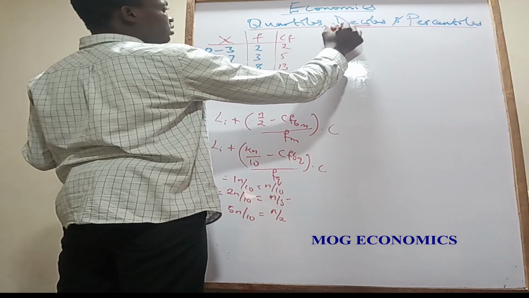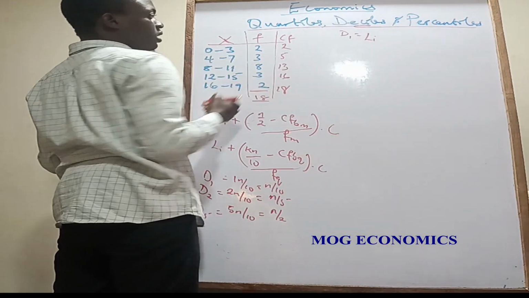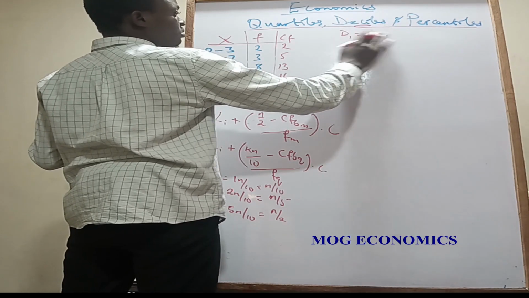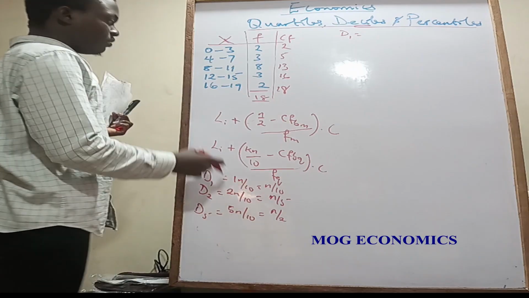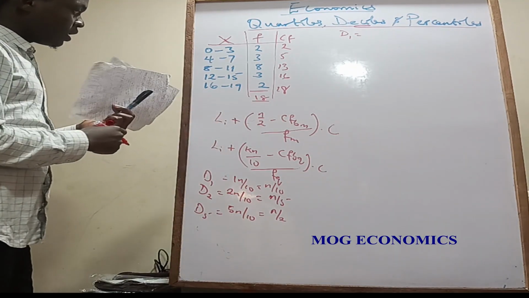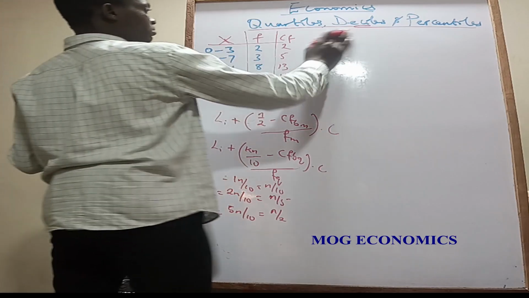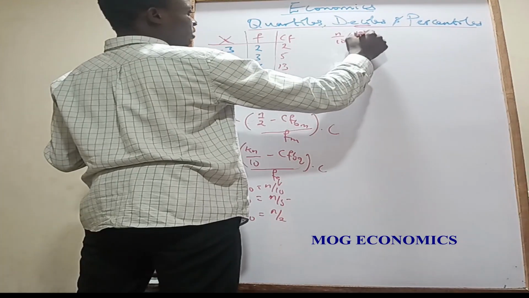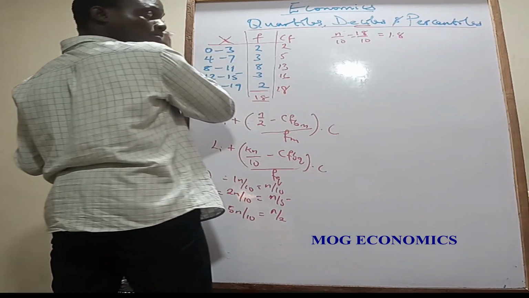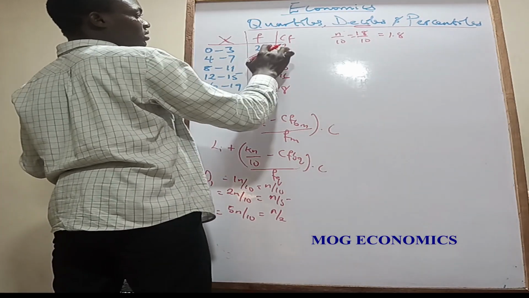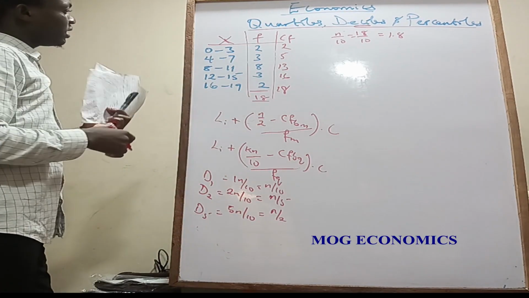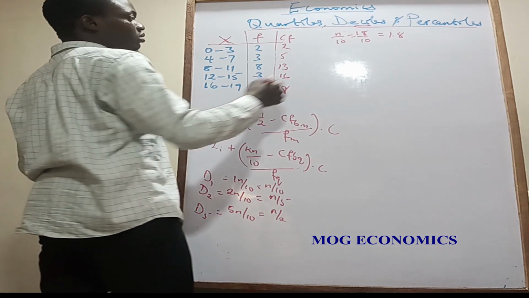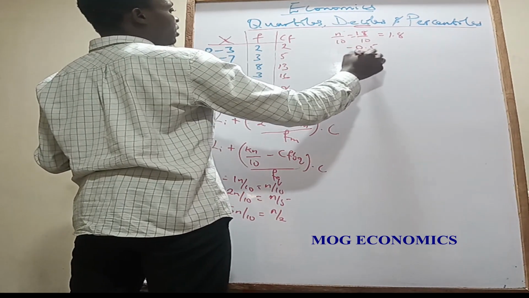So for the first decile, D1, it's going to be equal to the lower class boundary of the decile class, then plus, okay, let's just do n over 10, 18 divided by 10, and that's going to be 1.8. So what's the lower class boundary of that? This is the first number, so that's going to be a negative number. Anyway, it's okay mathematically. So minus 0.5, then plus